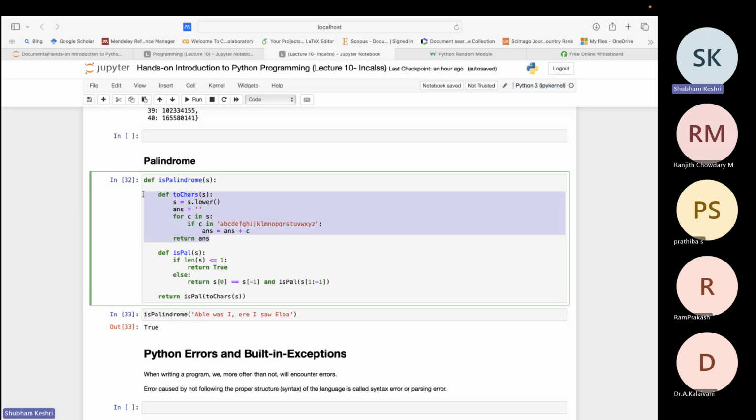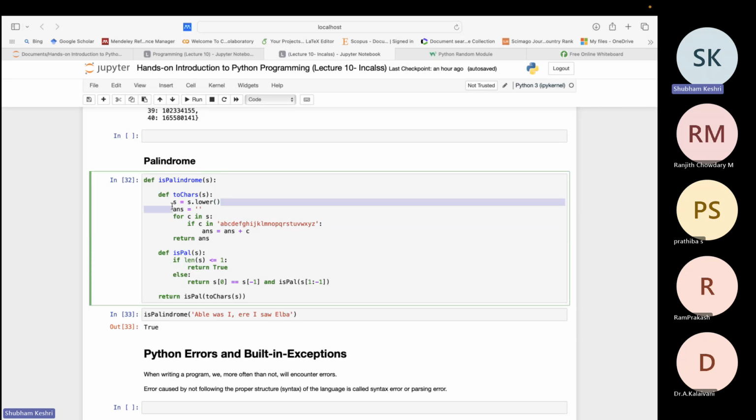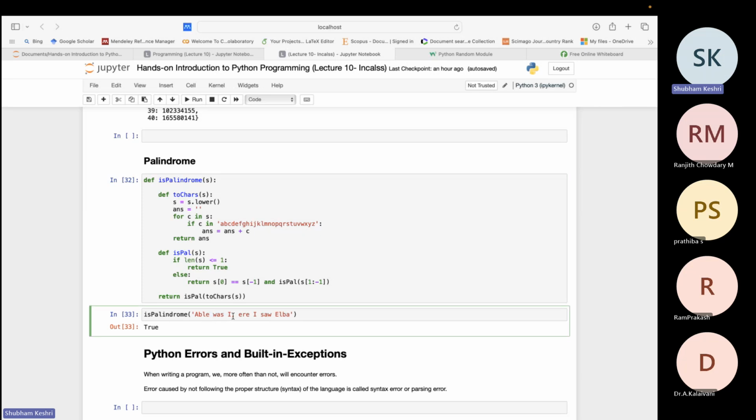You see, the first function which I have written is actually doing a very essential thing, but it is very simple. What it is doing is it is first converting the string into lowercase, which is important because in a string uppercase and lowercase are treated as different characters. Now it is stripping it of the spaces and commas and inverted commas, and it is stripping off everything except for the alphabets. So it is only keeping the alphabet. So it is removing the spaces, the commas, the question mark, the exclamation mark, it is removing everything else except the